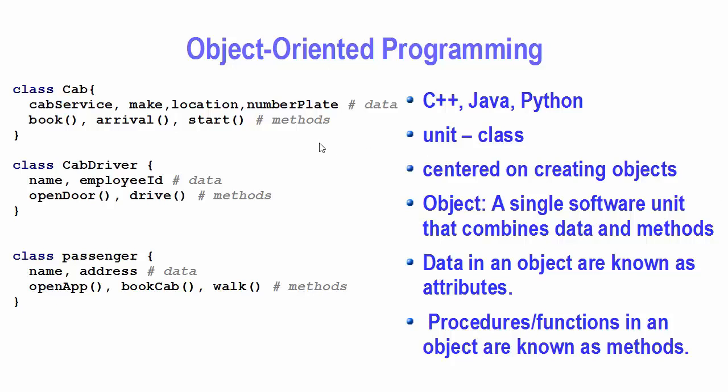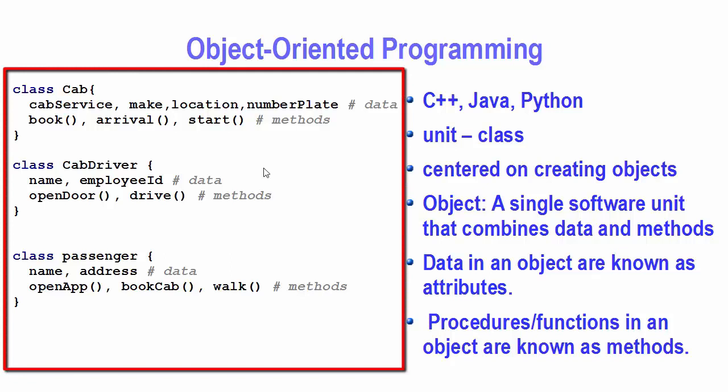Now let's look at the object-oriented approach of doing things. In object-oriented programming languages like C++, Java or Python, the basic unit is the class. If we take the same example of a passenger who wants to travel from one place to another using a cab service, using object-oriented thinking, which depends upon the creation of objects, we can create different kinds of objects. For example, for a cab, we can create a class called cab,